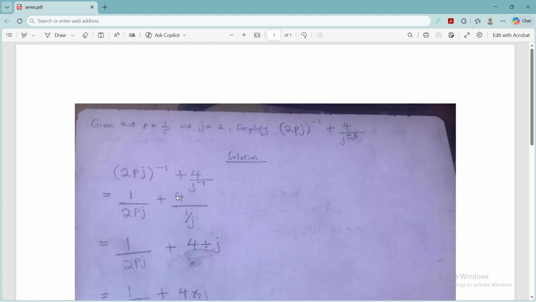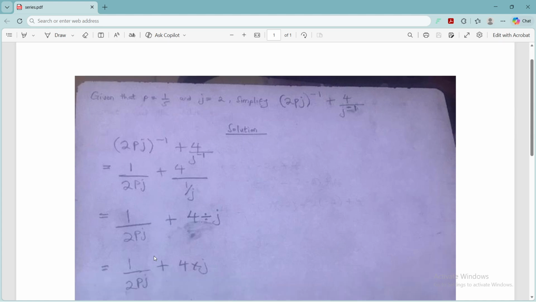So we have 4 divided by 1 here, divided by j. So we have 4 divided by j, right? The division sign here represents multiplication, right? So in simplifying further, we are going to have